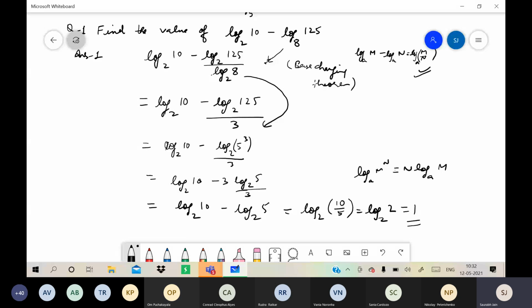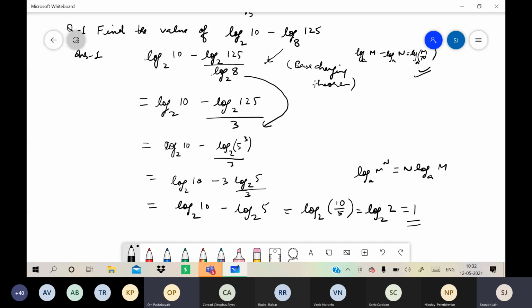What is the power of 2 so that we get 8? 3, because 2 cube is 8, right? Yes. Then I have not done any change in the first term. I'm simply copying it, log 10 base 2, log 10 base 2. So everything is done in the second term only. First is base changing theorem. Then after that I have written denominator. What should be power of 2 so that we get 8? That is why denominator is 3 in the second step.